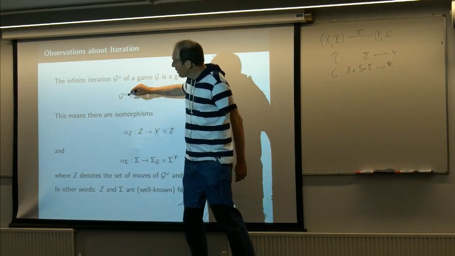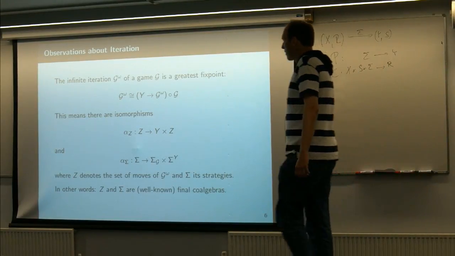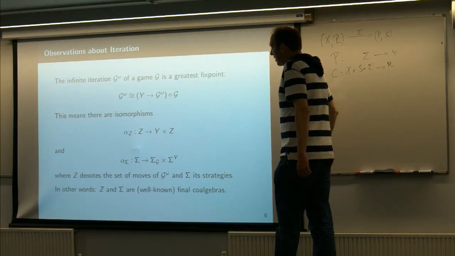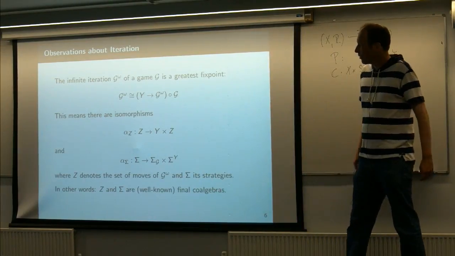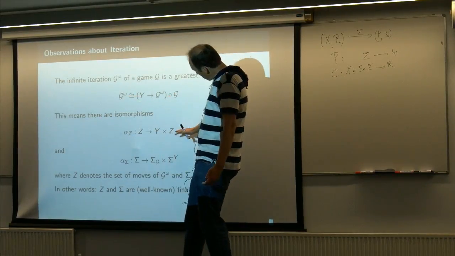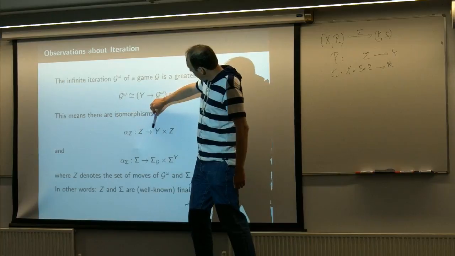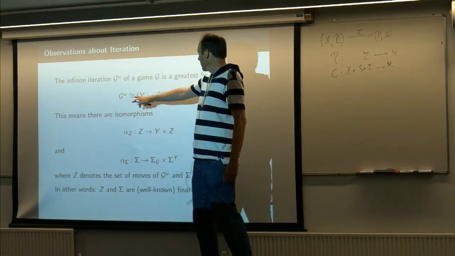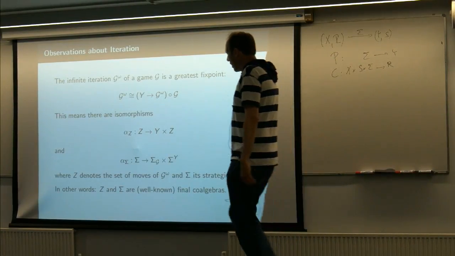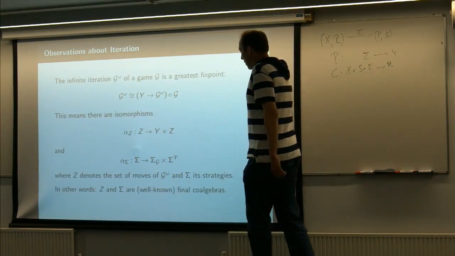If we write an isomorphism here, now we mean really isomorphism in the category we just defined. And therefore, if I want to somehow achieve this, and if you look at the definition of morphisms I showed you previously, that means immediately this isomorphism will consist of two isomorphisms. The first one of this type, so z to y times z, where z is now just the set of moves of the iterated game. And then we have the other one, which takes the strategies of the iterated game